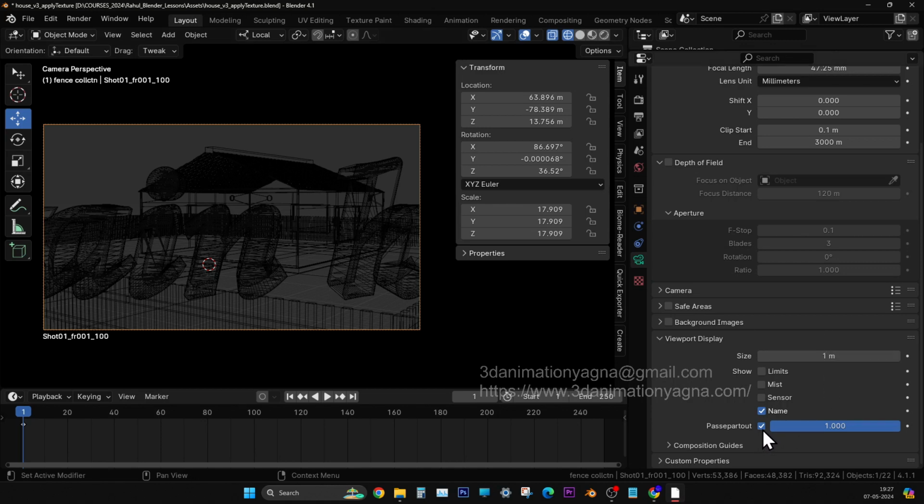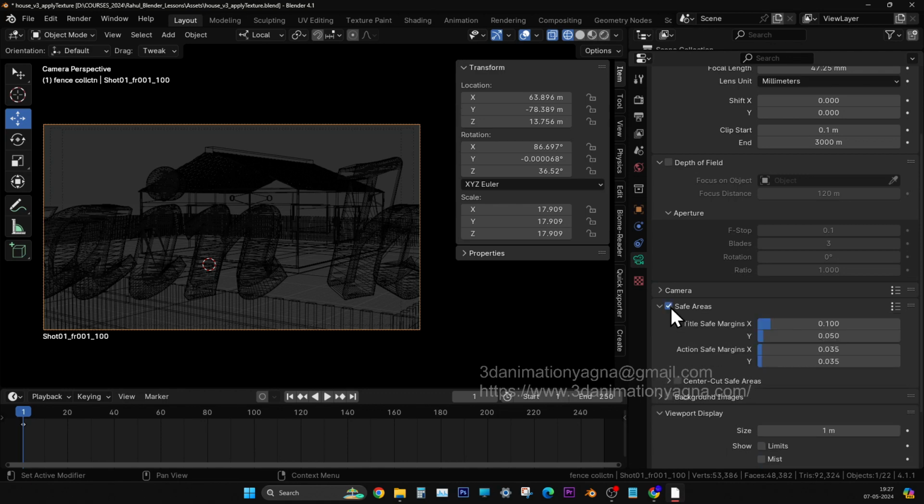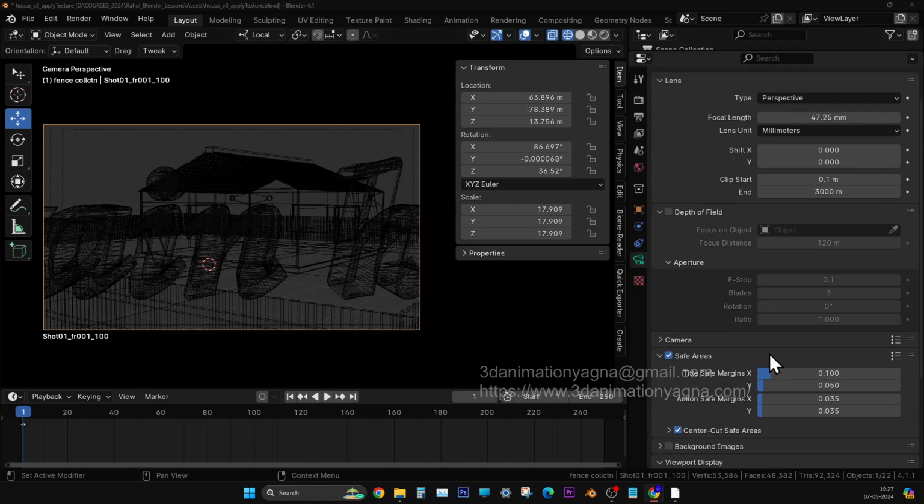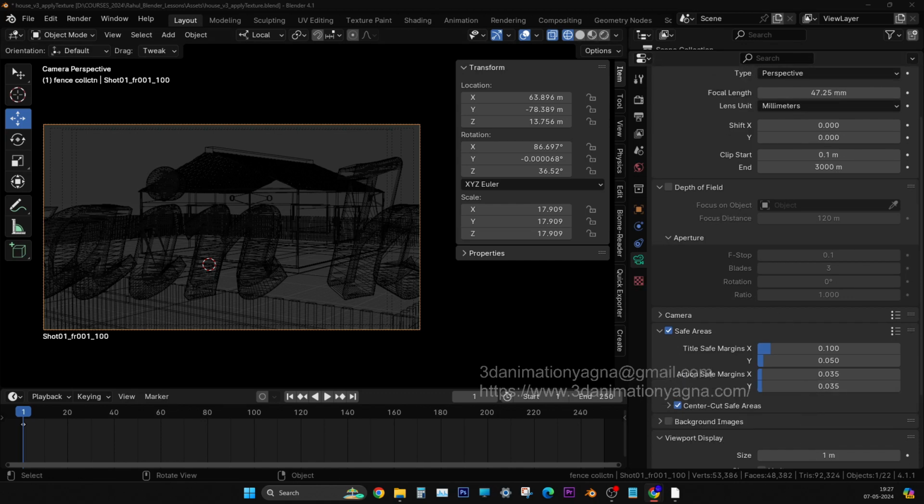So at this time, this passe-partout and whatever I have told you, these options are all very helpful. And you can switch on the safe areas also. See, safe areas, when I switch it on, you can see dotted lines there. Maybe in the video it may be difficult to see. Dotted lines are there inside the field guide. You will see the dotted lines, they are also part of the field guide only, right? So switching all these things on, now what you have to do,